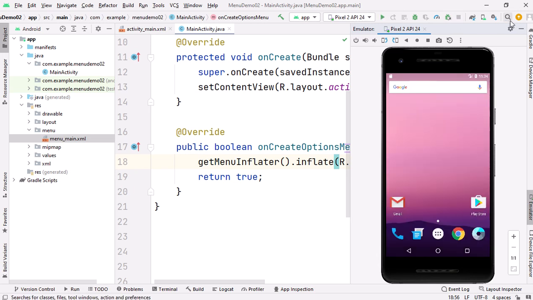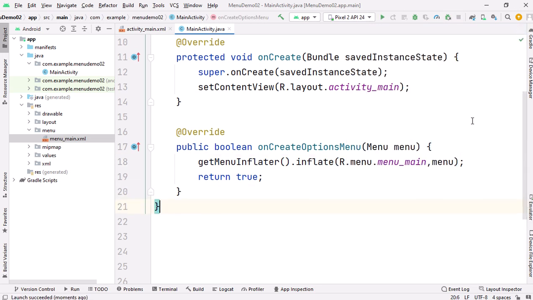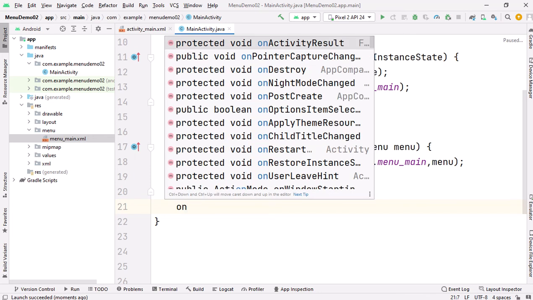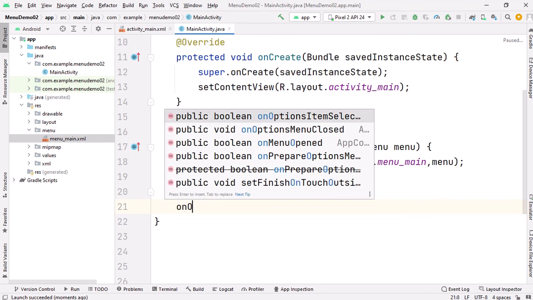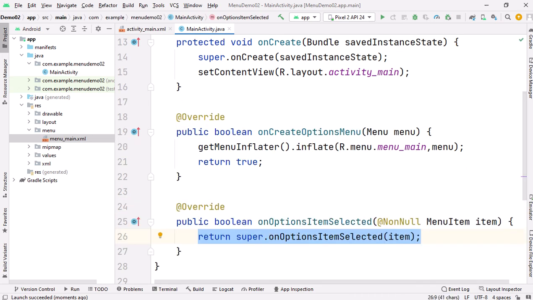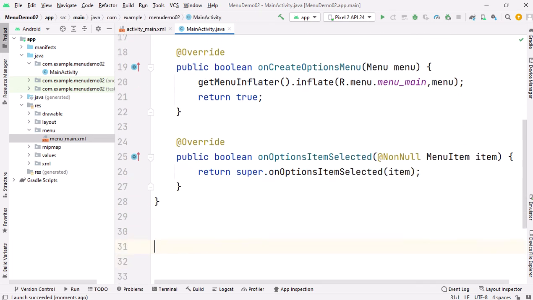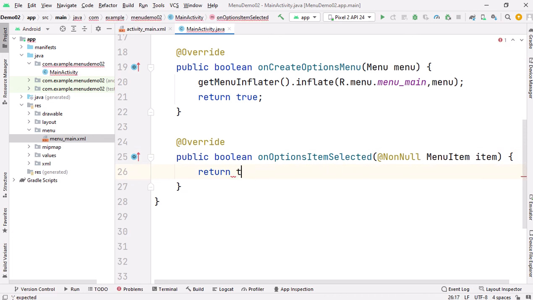Let's define the action for the menu. Now how to define the action? Again we have to write one more method, and that is called onOptionsItemSelected. The first one, it's already there here, onOptionsItemSelected. When you hit the enter, again you will see one more new method generated here. The first thing you should do is just write true here, and then we have to write all the code before the return statement, because return statement should be the last one